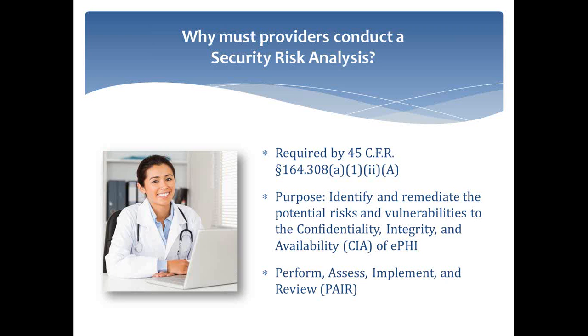From that standpoint, your IT provider should be able to help you with this, specifically the technical safeguards. I do believe that Format Approved offers an opportunity for them to help you with the risk analysis and go through and make sure your administrative and physical and technical safeguards are there and that you perform the risk analysis. So I would just add to this what you said before, that when you're looking at those physical, technical,